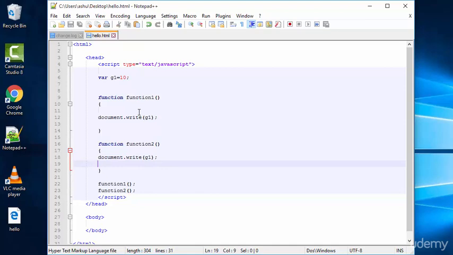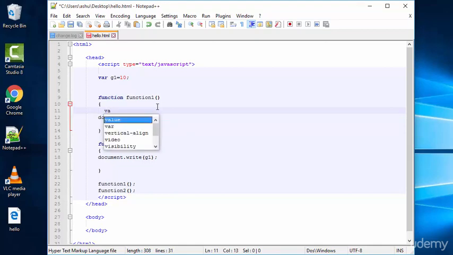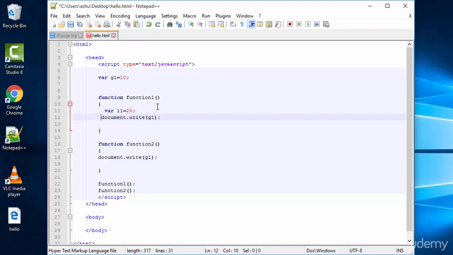Now let's go ahead and talk about local variables. In case of a local variable, the scope of a variable is limited within the function. So let's go ahead and create a local variable inside function 1. Let's say we name the variable as L1. So let's type var L1, and let's say we equate it to 20. Now I'll format this code a bit here. So var L1 is a local variable and it is assigned a value 20,